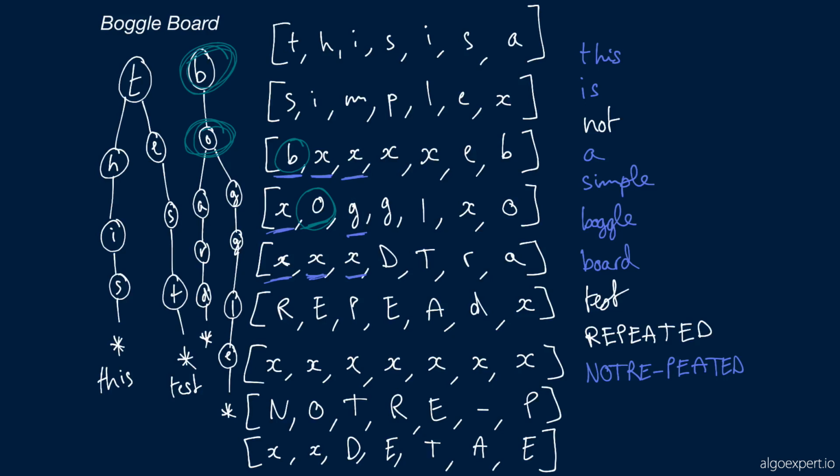But there's one neighbor, this B, that we shouldn't re-explore because we just came from it, and we're not allowed to repeat characters. And this might seem obvious here, and you might say, oh, it's trivial, just keep track of the character that you just came from. But imagine